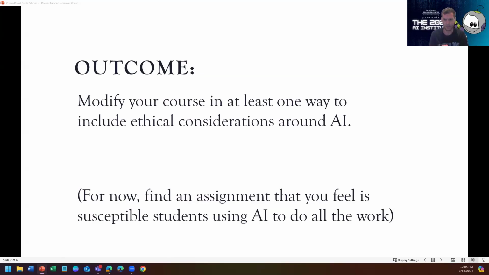And so if y'all have some examples, it will be better for everyone later on, so that we can actually look at actual examples of assignments that either you as a faculty member, or, like I said, if you're working with faculty members, maybe one that they're worried about.